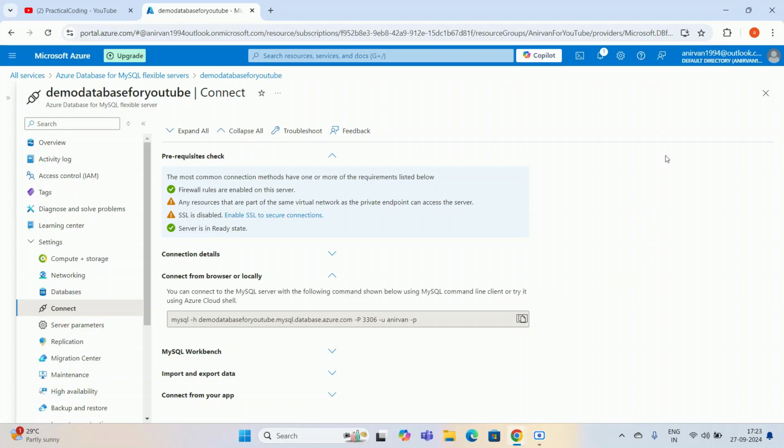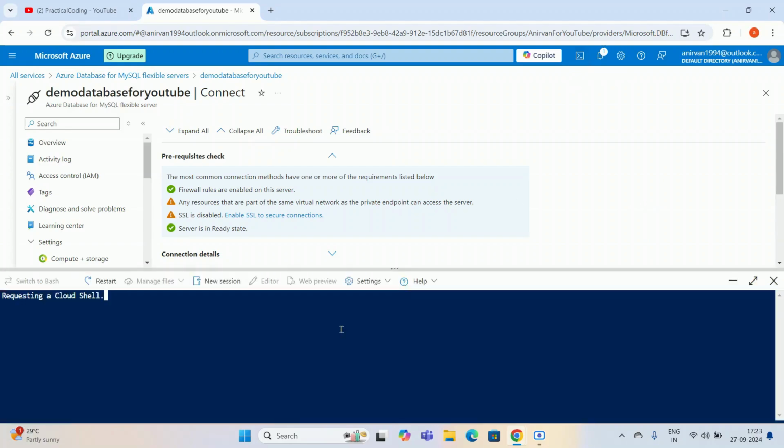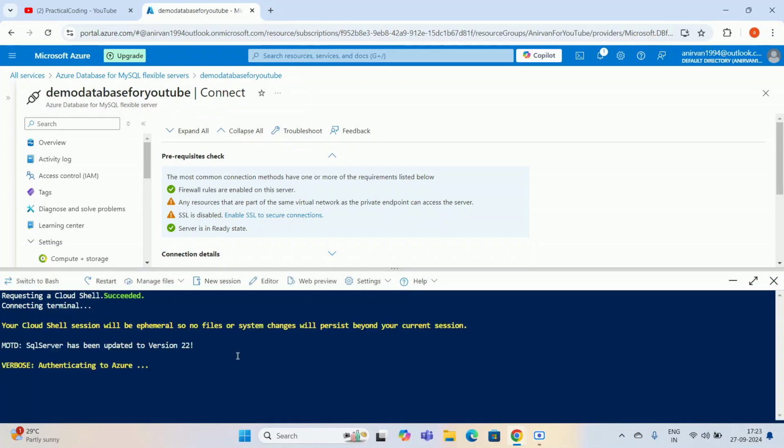So how to open Azure CLI? This is the terminal, Cloud Shell. If I click this, it will open the Azure CLI. I'm requesting a Cloud Shell, and it will get ready within a few seconds. Maybe it will take 1 minute or so. You have to wait till then. It is authenticating. Okay, so I have created my Cloud Shell,